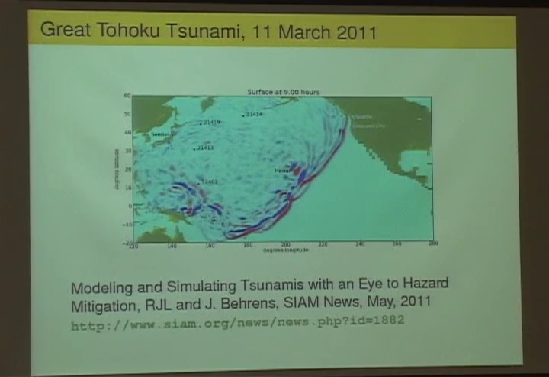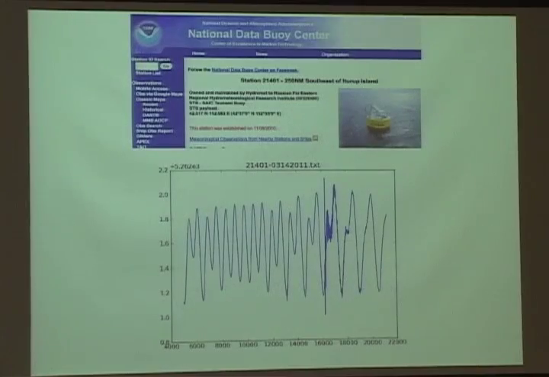So for this particular event, there were a number of these DART buoys that were active and that recorded the event, and each one of these buoys has its own web page. All this data is freely available on the web. You can go and download data from any given time period that you want, or look at it in real time, what's going on. And what you find if you download it from one of these buoys is something that looks like this, and the big oscillations here are just the tide rising and falling.